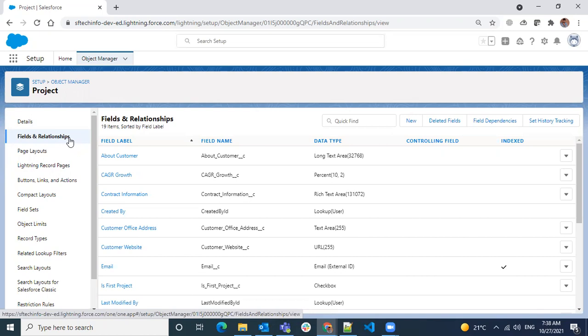That means when it's stored in the database, it will not be stored directly. It will do some kind of masking.